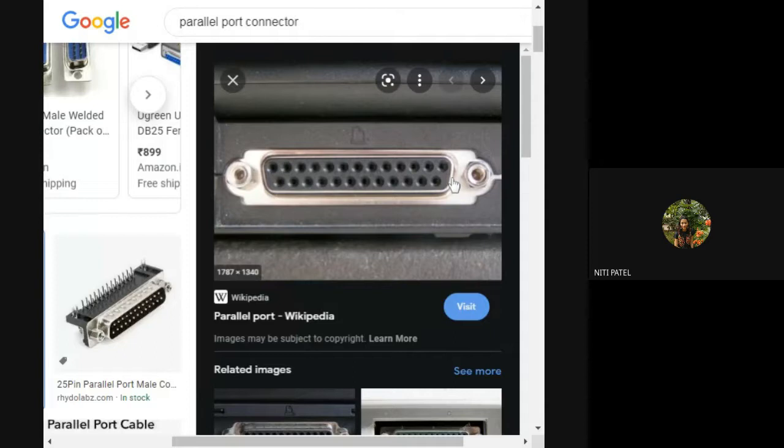Therefore, it is called D25, or we also call it the parallel port. Understood? Yes, ma'am. Okay, so this is the port used for connection of dot matrix printers, but nobody uses dot matrix these days. It is USB, either laser or inkjet, that we use. So the port nowadays is usually the USB port. It is no longer the parallel port that is used.